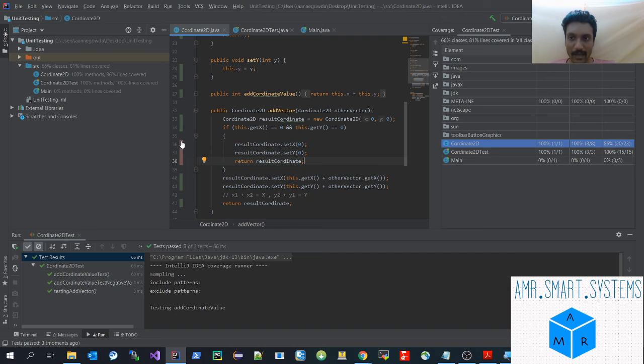This is the mark. This if condition has not got executed. That's why the line coverage has fallen to 86%. Although the complete class is covered, this is the class coverage percentage, there is only one class, we have tested it thoroughly, and there are 8 methods and all 8 methods are getting entered. The reason the line coverage is missing is because of this condition. If we add a test for this condition, we'll get line coverage also.